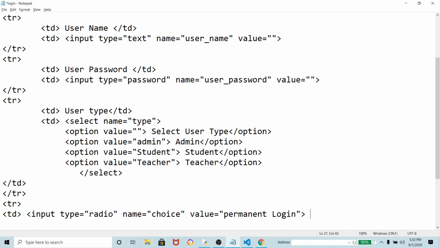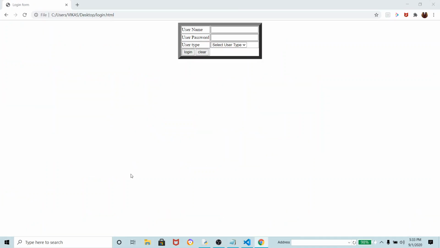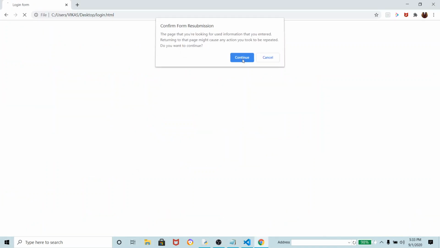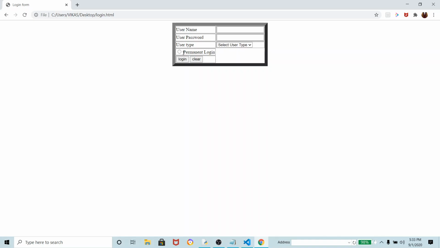And then here you have to give permanent login, and then close the td, and then close the tr. So look here, what is the option here. Okay, look here, it is given permanent login. If you want the user to do the login for all times, you can select here permanent login. Clear.